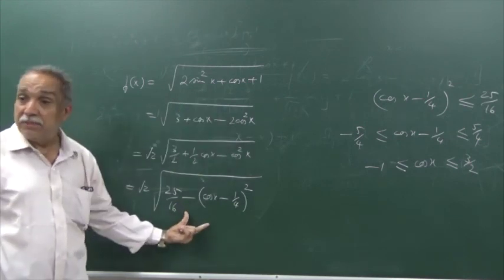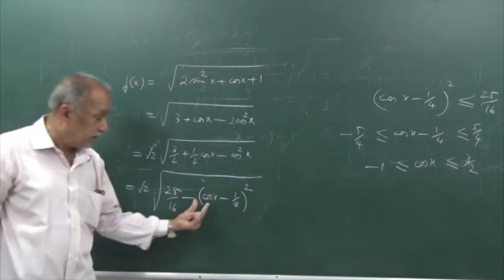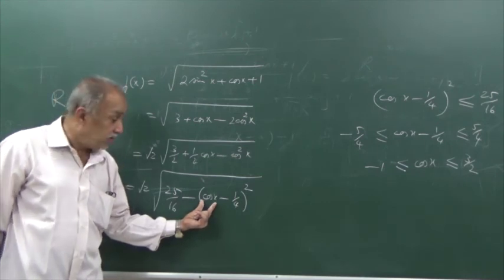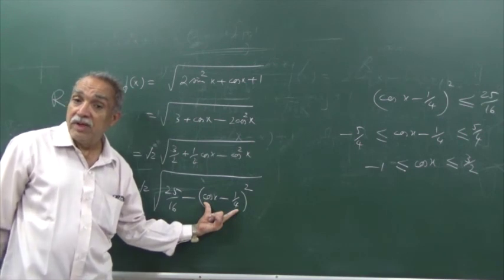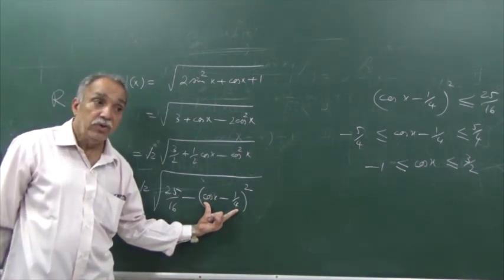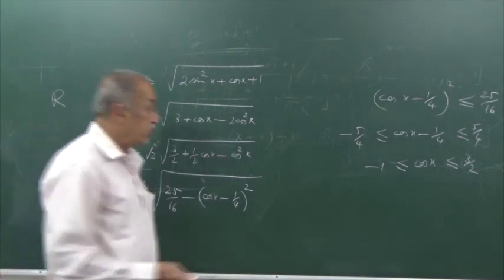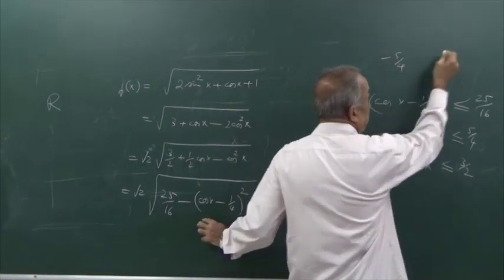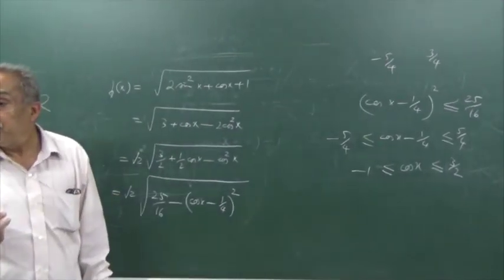Again, this form may help you in the determination of the range. For any given x, this takes a value from minus 1 to 1. Because this takes a value from minus 1 to 1, this will take a value from minus 5 by 4 to 3 by 4. The square number inside the parenthesis is taking a value from minus 5 by 4 to 3 by 4. The square will take a value from